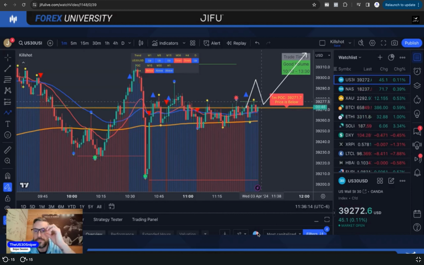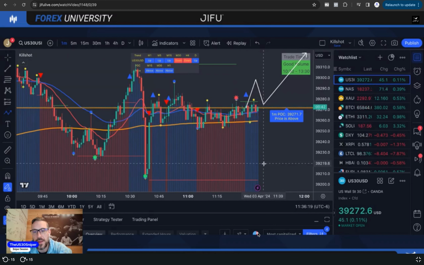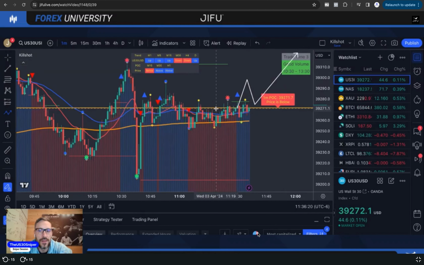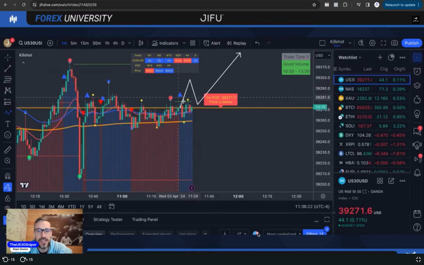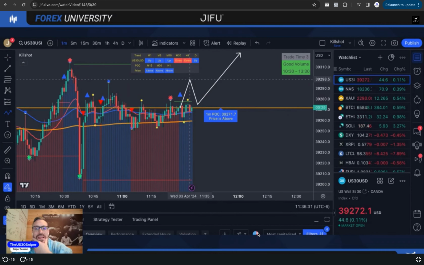Okay? So I don't like how this is holding. I would love to see this pull back into this space and then head back up. Okay? I want to see this, so just go 25 pips from entry. I want to see this break below. I don't know if it's going to do it or not, but I'd love to see this pull back into this space, and then up we go.